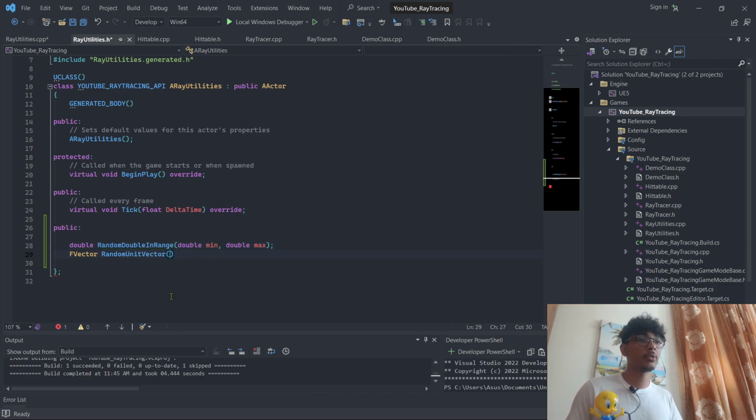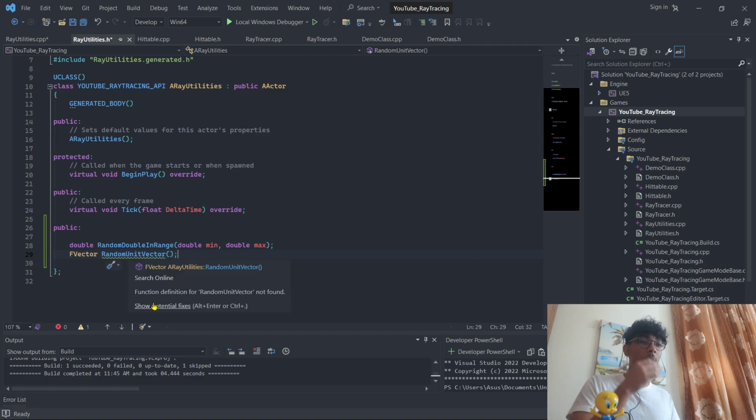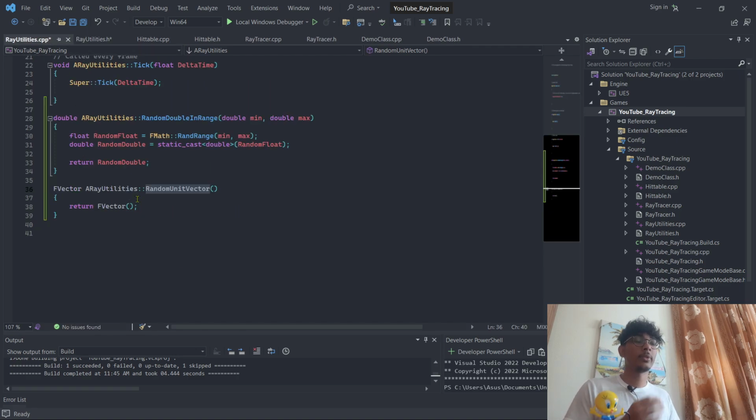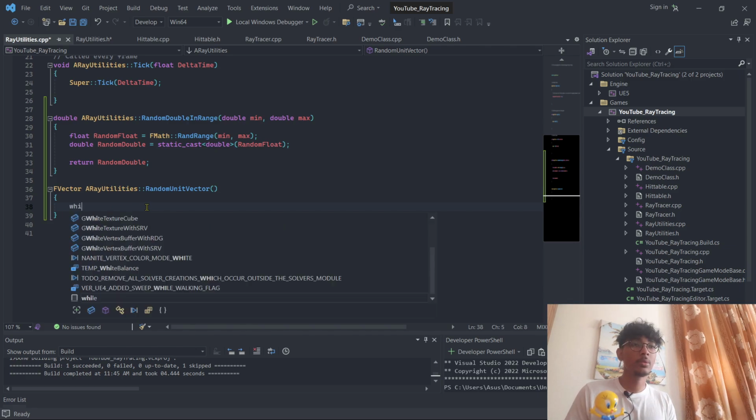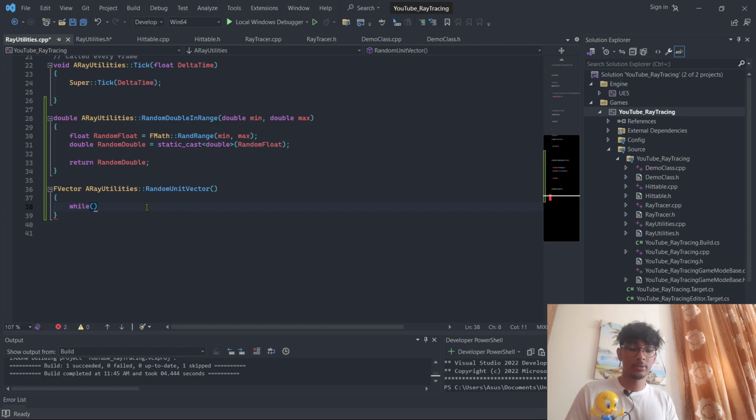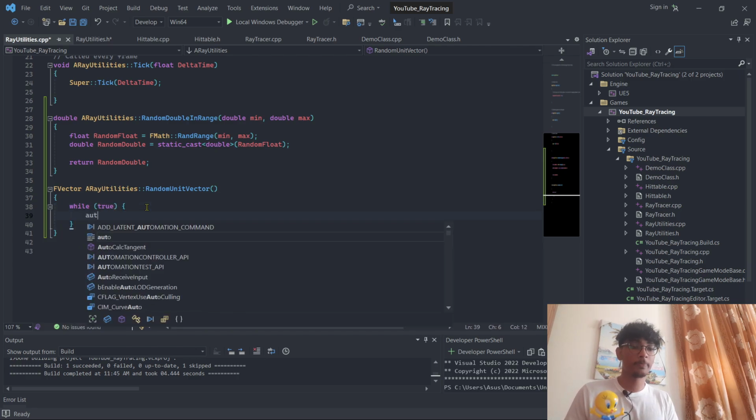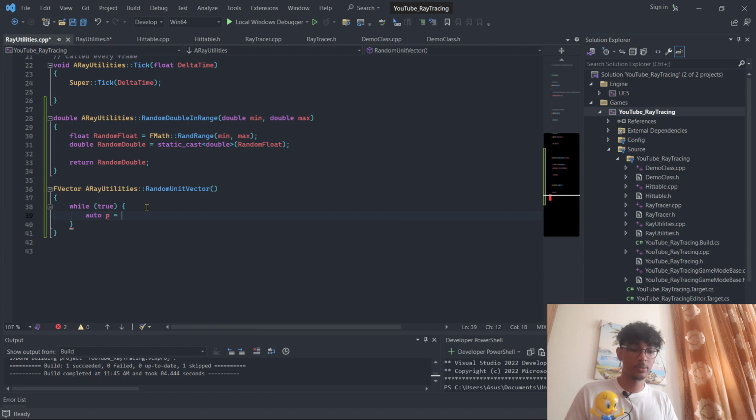It's actually not going to take any parameters. Define it here, and then come to our random unit vector, and we're going to define while true, auto p is equal to